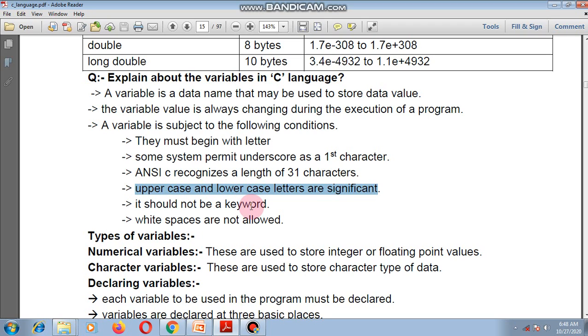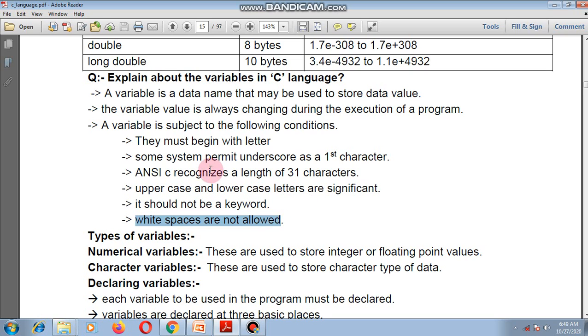So we should use the same variable names in the executable part as well as the declaration part within a C program. And it should not be a keyword, meaning keywords should not be used as a variable name, and white spaces are not allowed, meaning we cannot use blank spaces within the variable names.